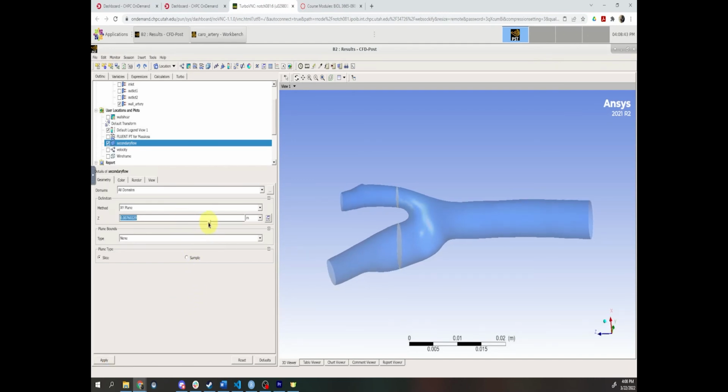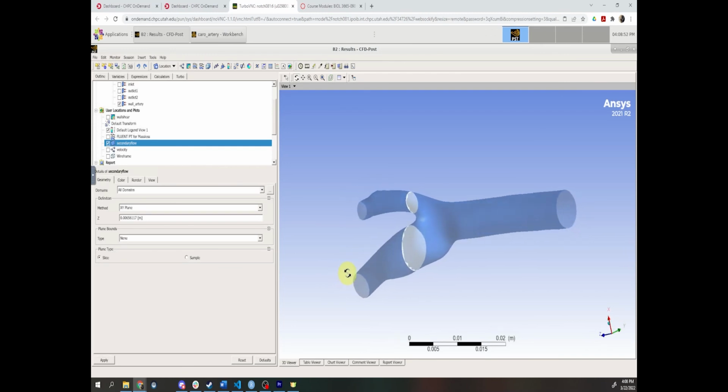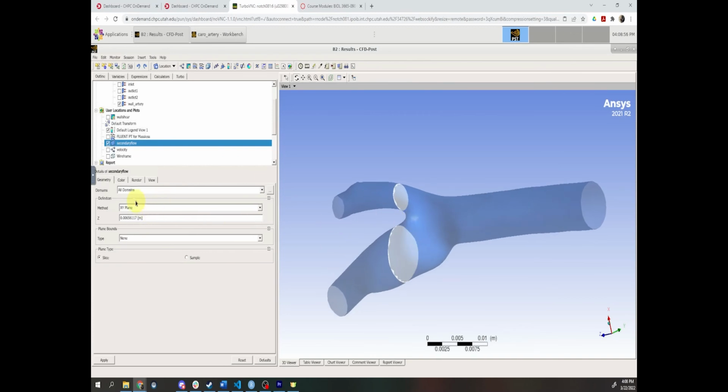I'm going to move it slightly back. Right in there. So we'll see if we can get some surfaces here. The plane, we're not going to do anything else with the plane itself. We just need that there so then we can build out the next thing, which is our